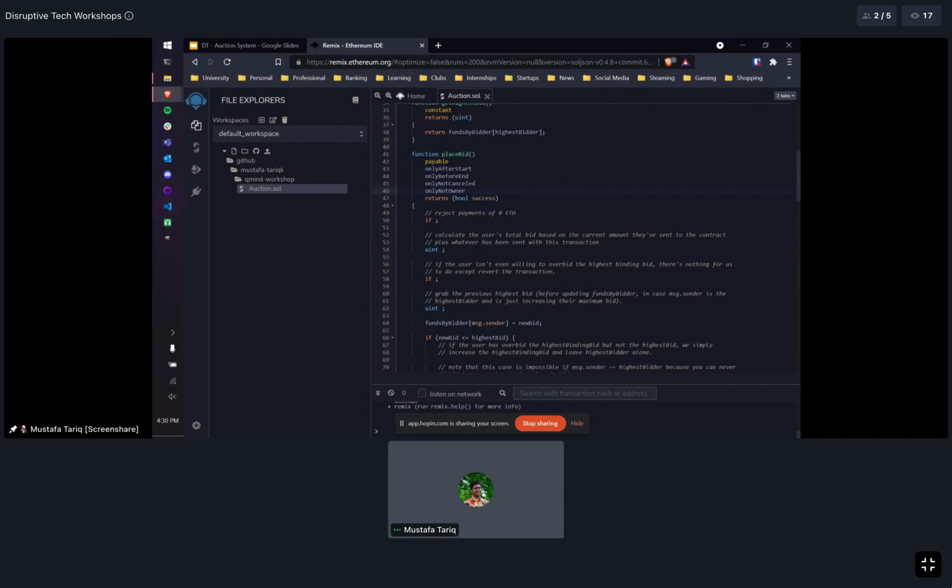Or when someone places a bid greater than the highest binding bid, but less than the highest bidder's maximum bid, we should just refund it if it's too little to move the highest binding bid. That seems rather intuitive, but it's actually not the way you're supposed to do things, and it's kind of a bad